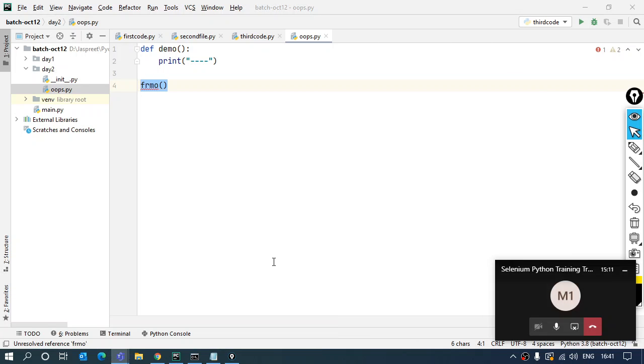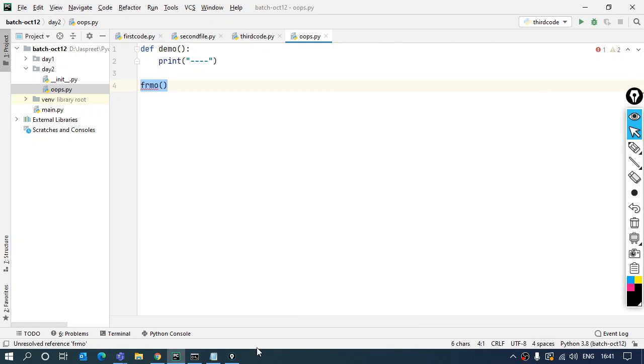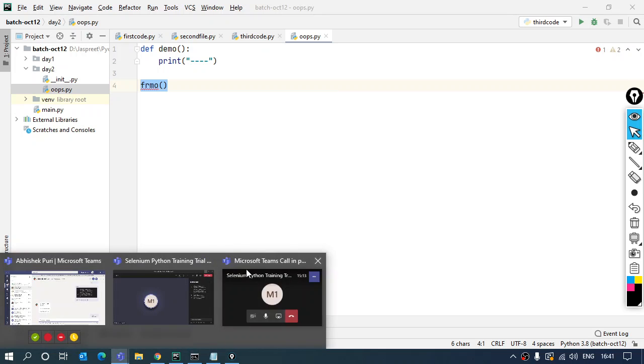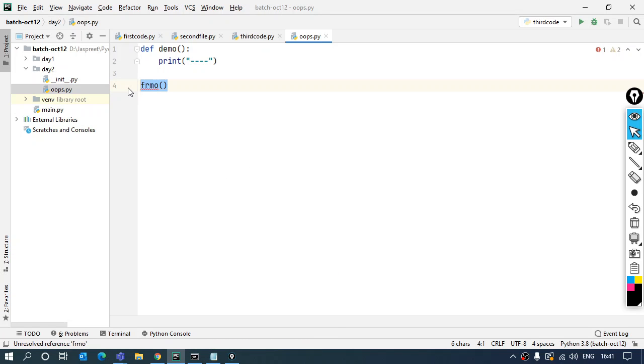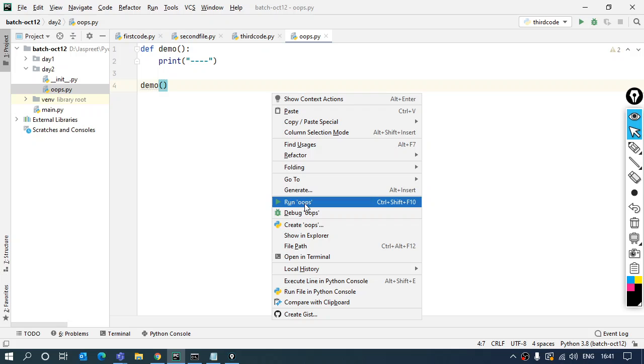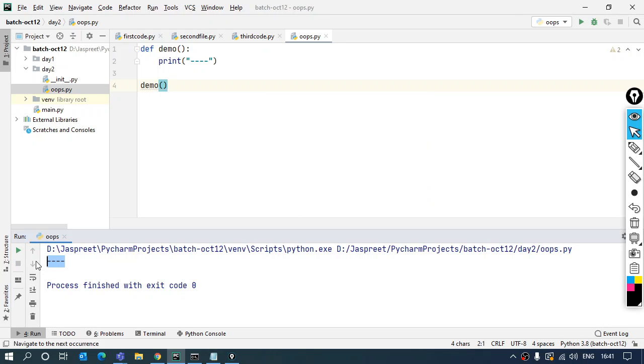Yeah, my screen is shared with you. Okay, no problem. So, calling these functions is very easy. Just take the name and surround it with a pair of parentheses. No extra colons, no extra things you have to give, unlike other languages. Now, if I run this, my statement is printed, whatever code I have inside the function is coming up over here. Fine, this was a function.